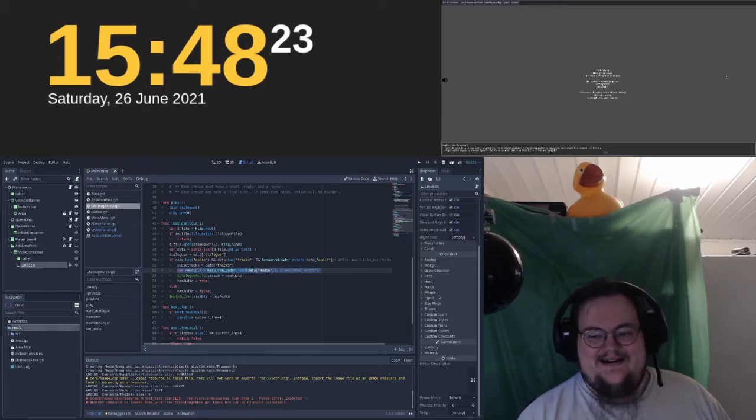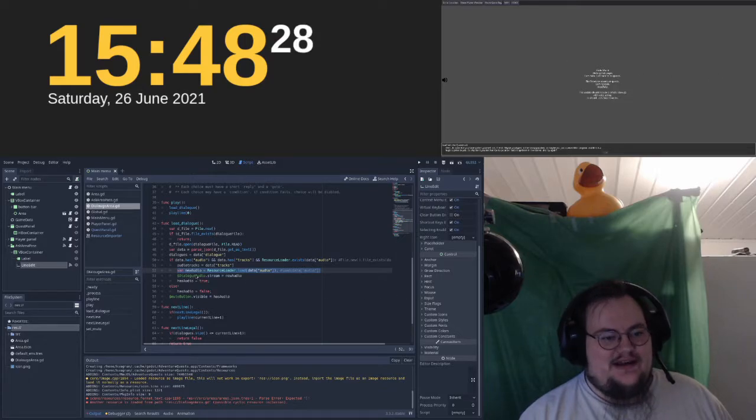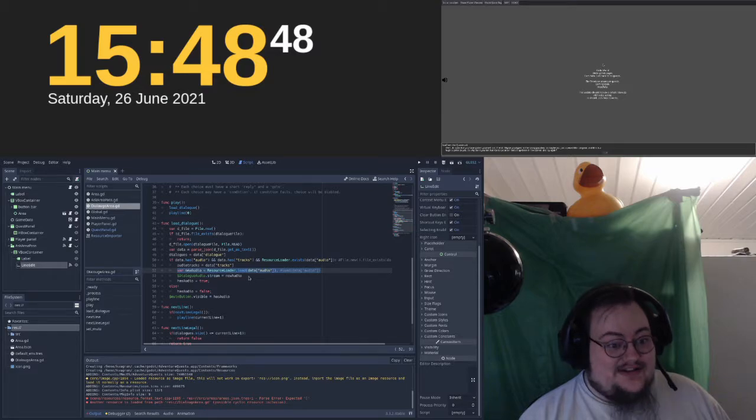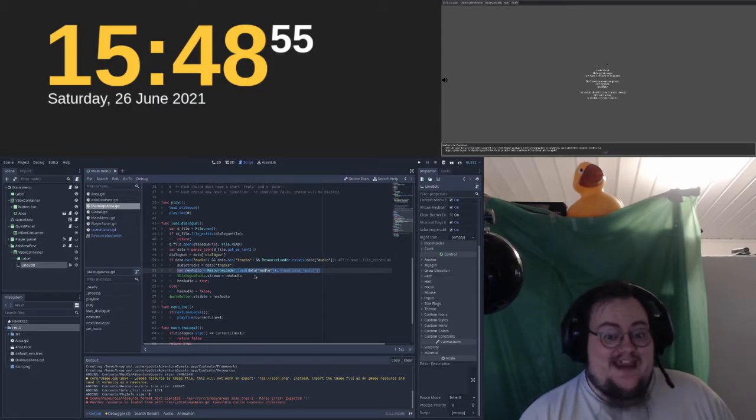Alright, good news, I figured out the audio bug. Apparently I loaded the file wrong, because when the project is exported, you need to use the resource loader instead of the file loader. Big difference. And apparently that's not counting for JSON files, only things like MP3s. Yeah, audio files, that kind.